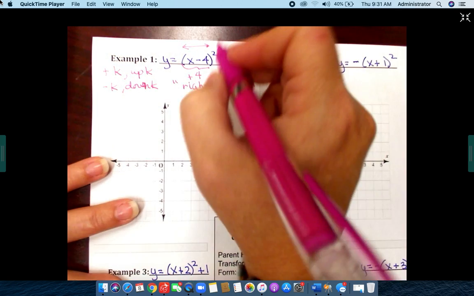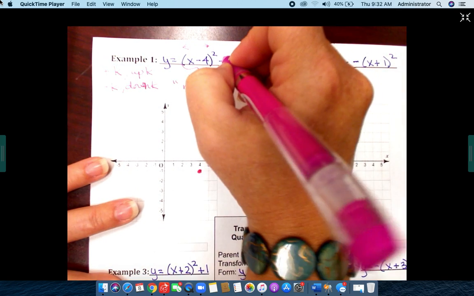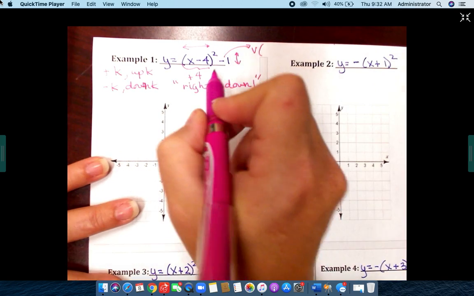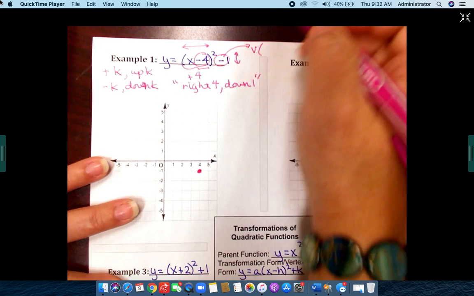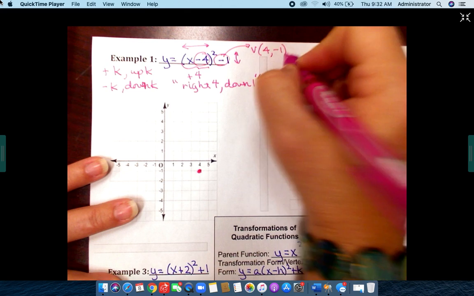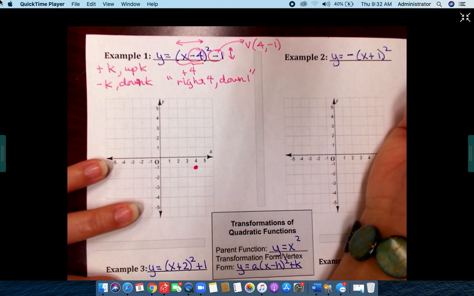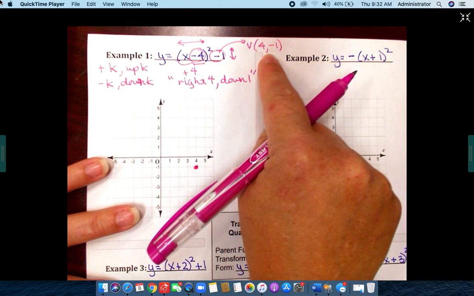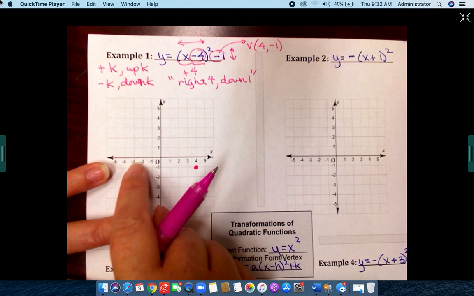which to be honest should make a lot of sense because we already know from vertex form, if I ask you to identify the vertex and I tell you to switch keep, what is it? It will be 4, negative 1. So we're really just making a connection to what we already know, which is identifying the vertex, to understanding this